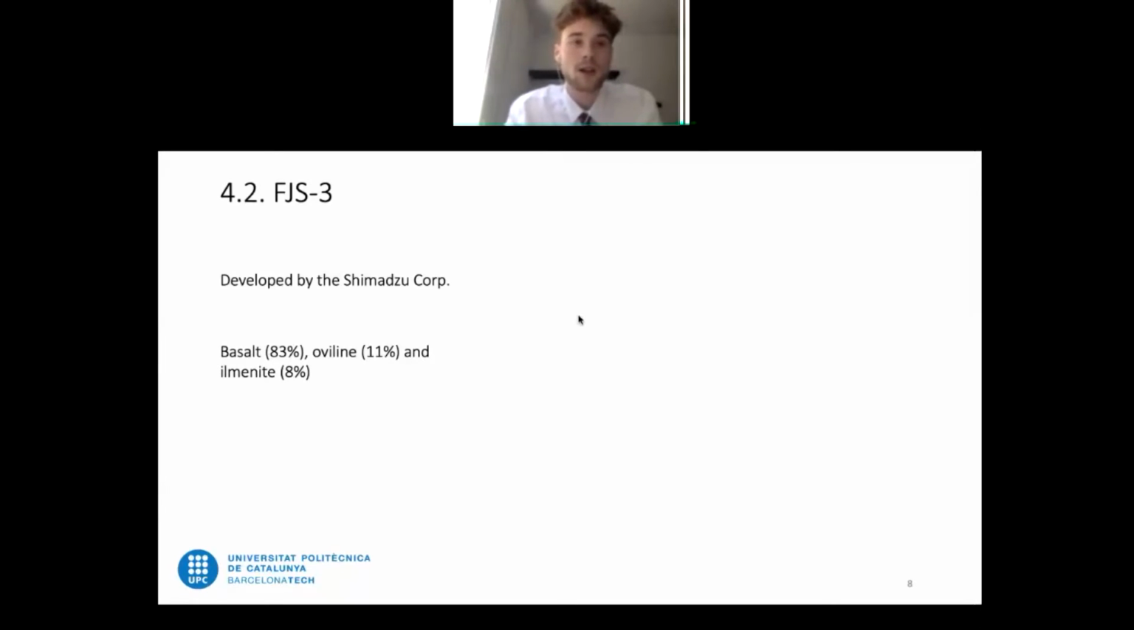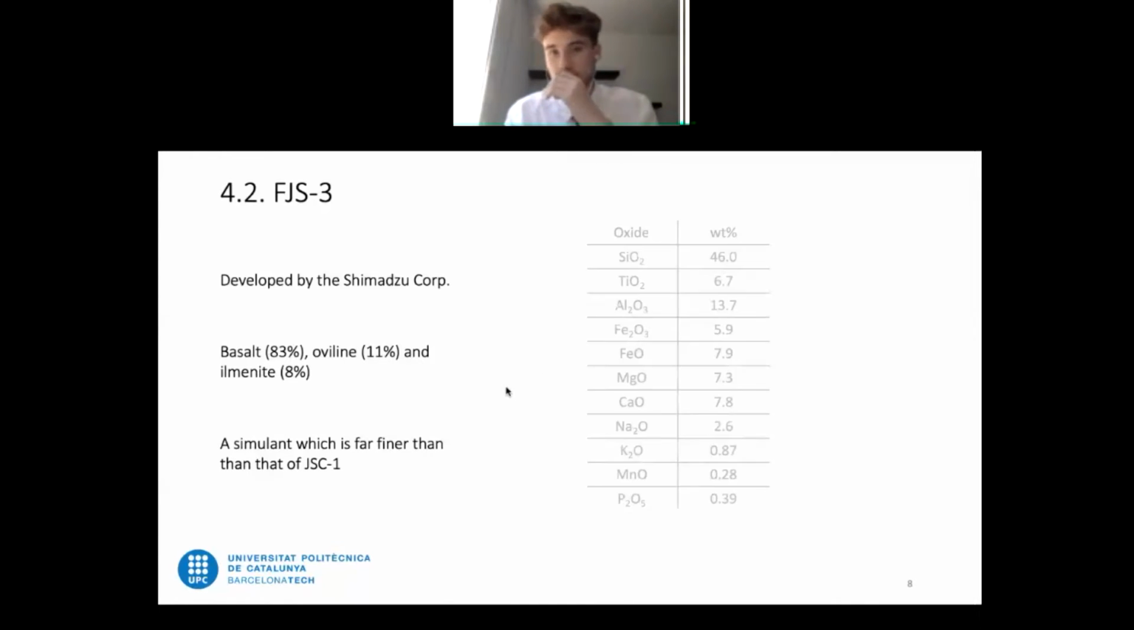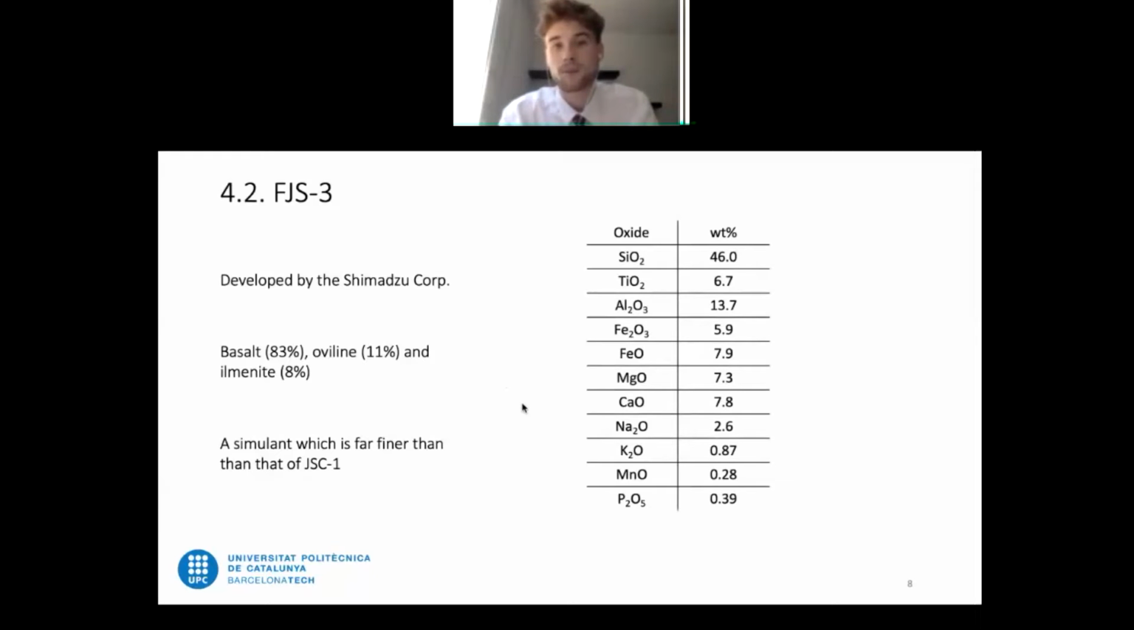And this differs from the other two, where the FJS1 is 100% basalt. Not much information is given on FJS simulants. However, one thing that can be said for certain is that this simulant is far finer than that of JSC1. And demonstrated here, we can see the bulk chemistry of this